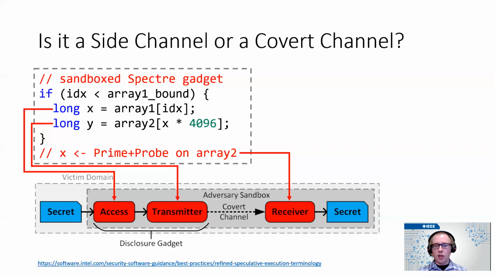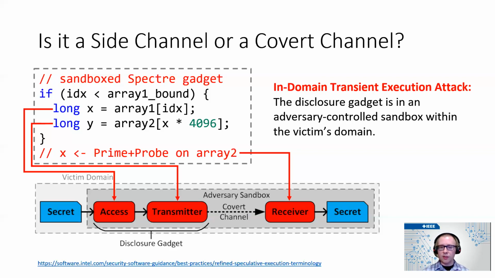We've given this particular category of transient execution attack a new name, an in-domain transient execution attack, because the adversary and victim are co-located in the same hardware domain, such as a process, and are possibly sandboxed using managed runtimes or software fault isolation techniques. So the whole thing isn't exactly like a side channel or a covert channel. It's actually a complicated attack composed of multiple pieces, one of which is a covert channel. And this is why these proofs of concept represented a significant breakthrough and a stark departure from previous side channel research.